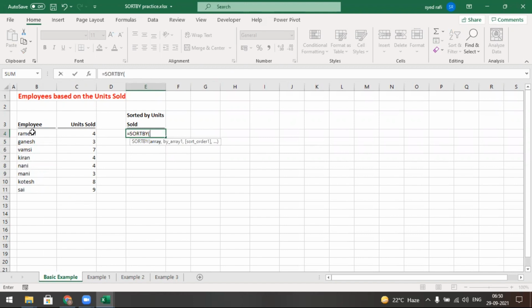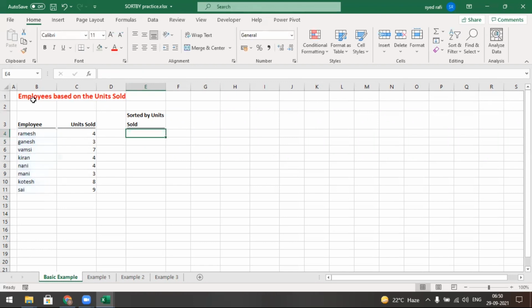You must select. The sort function can be applied to only one column. You may sort only one column, but with sort by you may sort different columns. That is the main difference. Sort sorts only one column, but sort by sorts multiple columns.